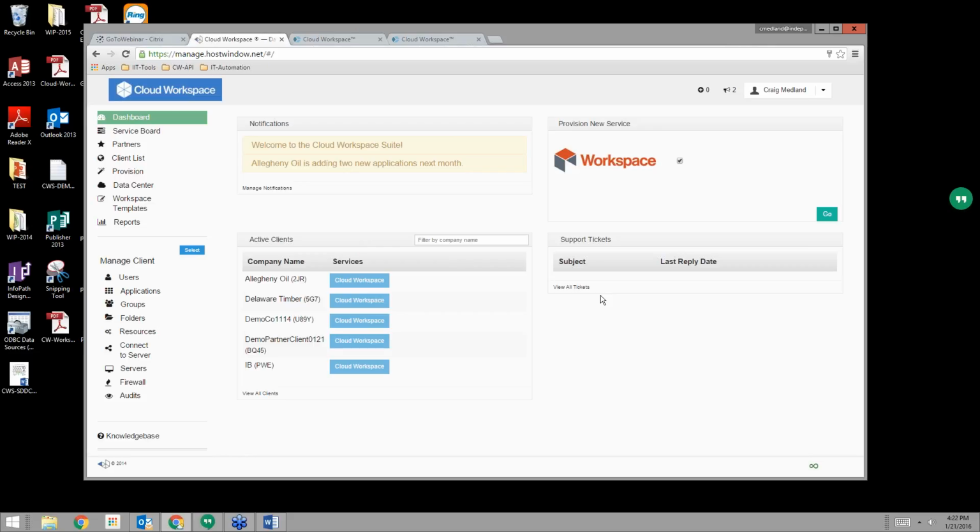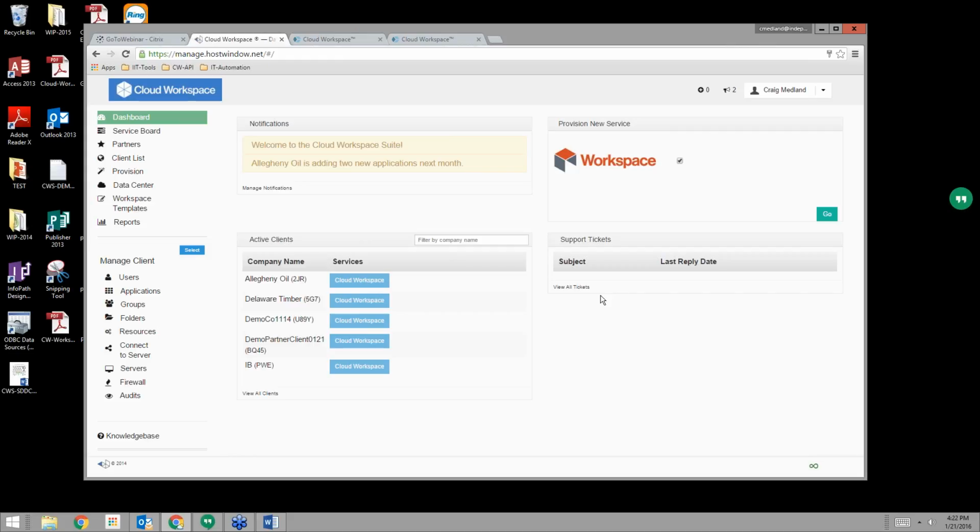The Cloud Workspace Suite, you mentioned that single pane of glass. What that does is allow an MSP to manage all of their virtual data centers, because you may end up having several. You may have a virtual data center, say at Artisan in Kansas City, and then another one in Artisan Austin. You can manage both of those Cloud Workspace virtual data centers from the single pane of glass.